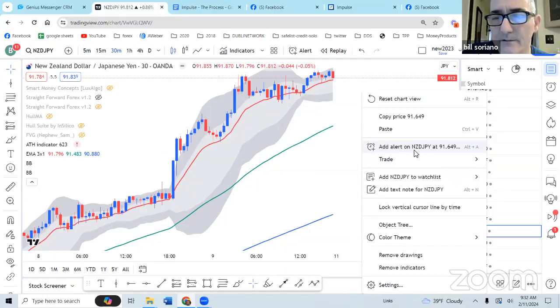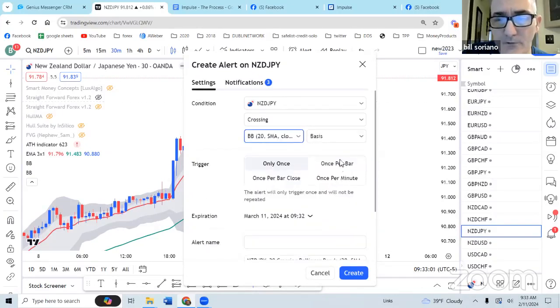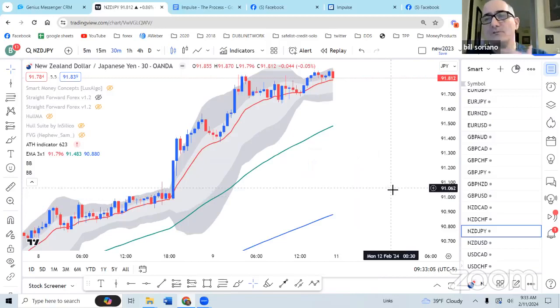Oh, wrong thing. Add alert. You can also add alert by clicking on the button at the top as well. 2, lower, and that's it. Now, I was talking a lot, so it took me a little bit longer to do this. But you can essentially do this whole process in 3 to 5 minutes. The absolute maximum it could take you is 10 minutes to do this